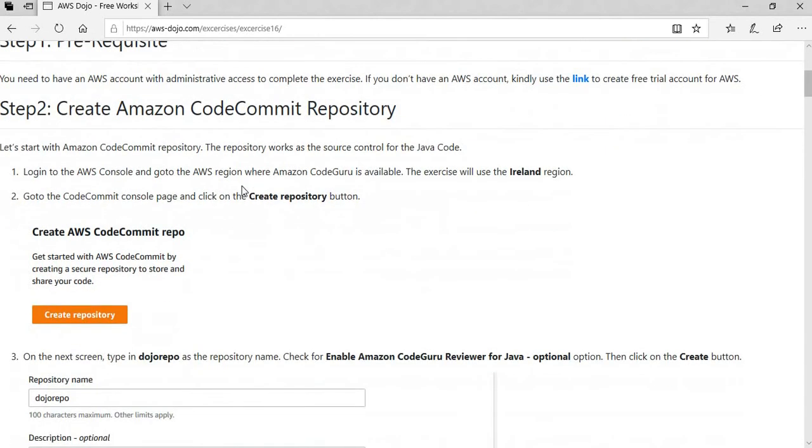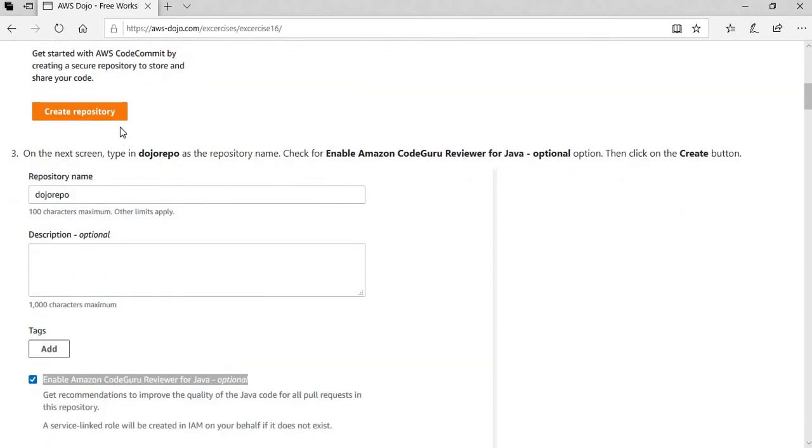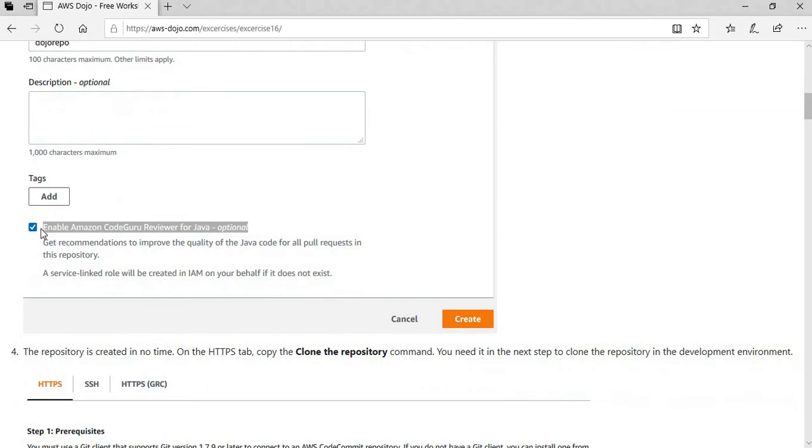Then you go to AWS CodeCommit, and there you create one repository which will store our Java code. So you click on the Create Repository button, then you provide a repository name, and then you check Enable Amazon CodeGuru Reviewer for Java. This is optional, but if you enable that, then this code repository automatically gets associated with CodeGuru, and then